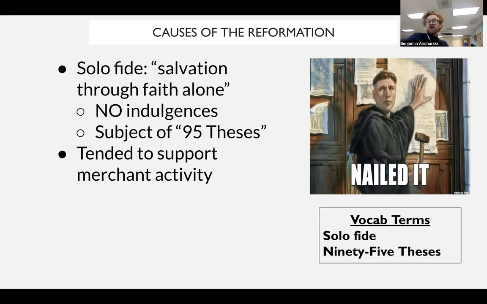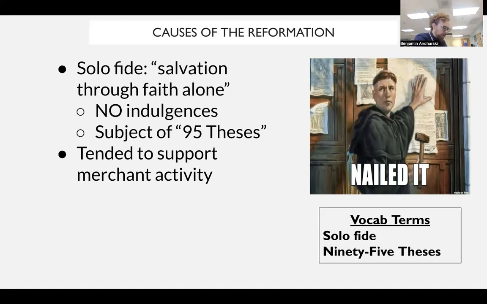Another thing about Luther that is somewhat important is that he's not only going to find support among the nobility, as we'll talk about more later, but he's also going to find support among merchants as well. Luther's whole thing is individual interpretation of the Bible. And if your individual interpretation of the Bible is to justify your actions, well, you could basically use Protestantism to justify what your profession is.